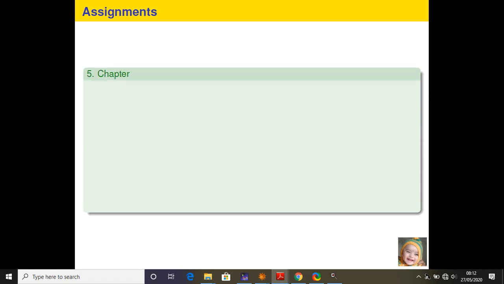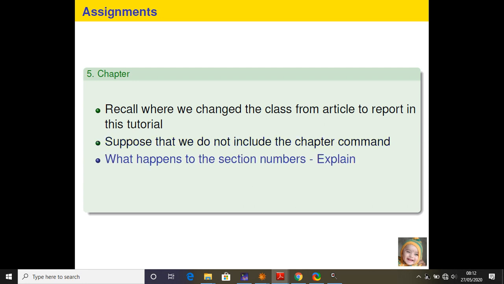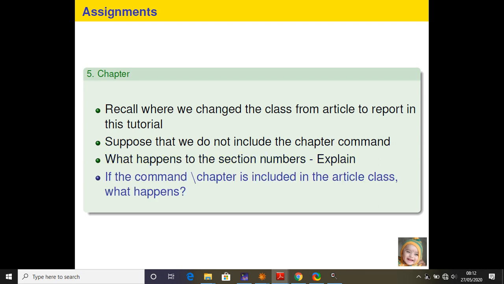Number 5, chapter wise. Recall where we changed the class from article to report in this tutorial. Suppose that we do not include the chapter command. What happens to the section number? If the command backslash chapter is included in article class, what happens?